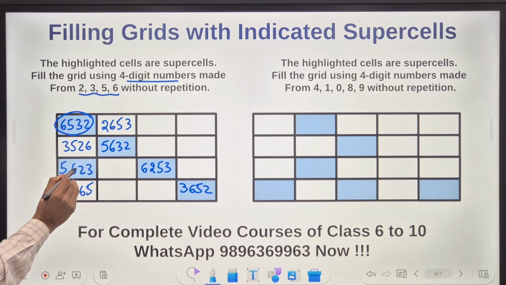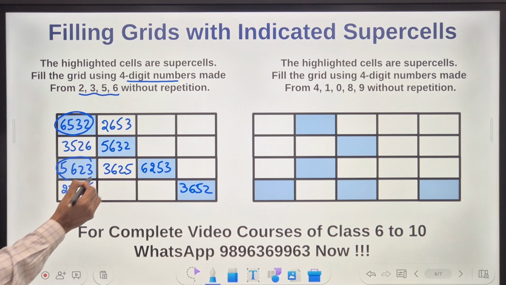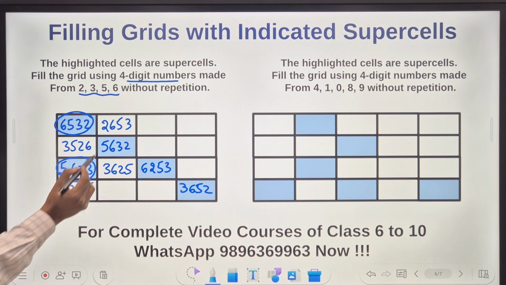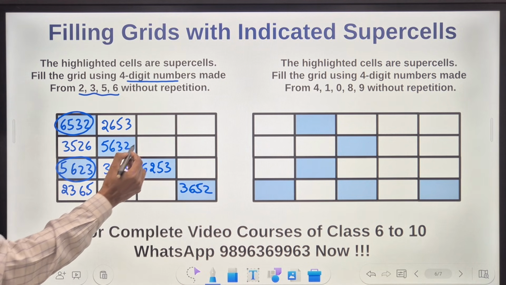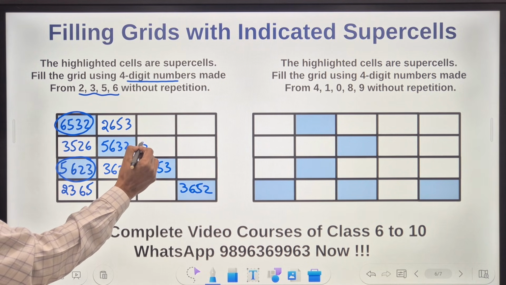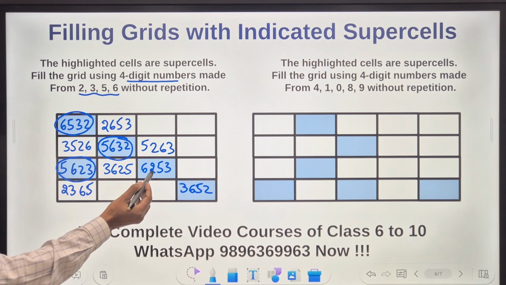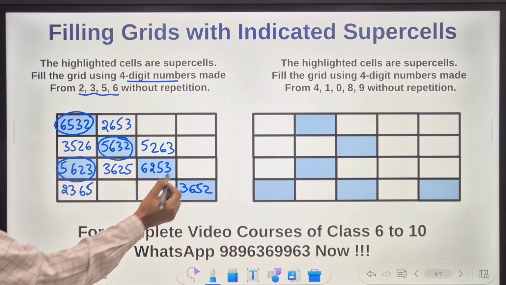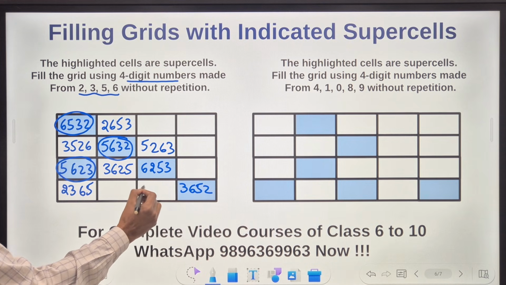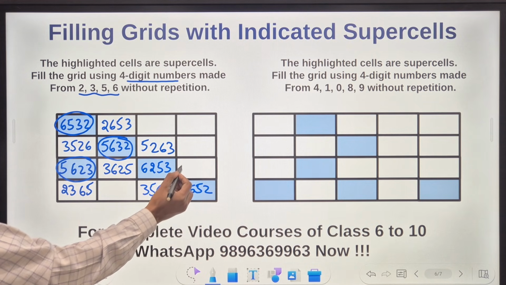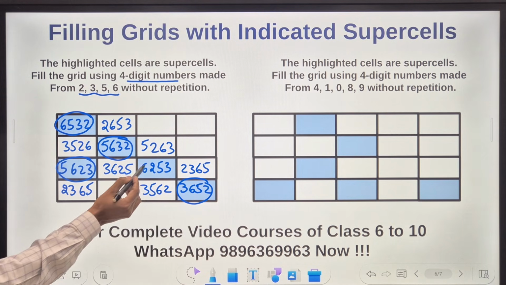Now to make this a supercell, I need a number here, suppose 3625. So now this becomes a supercell because the neighbors are smaller. When will this become a supercell? Because I have smaller numbers all around. I need one more here, maybe a 5263. Now this becomes a supercell. How about this? 1, 2, 3 and 4, these two, right? So these two have to be smaller than 3652 also. So maybe a 3562 and here 2365, and now you can check this becomes a supercell, and this has automatically